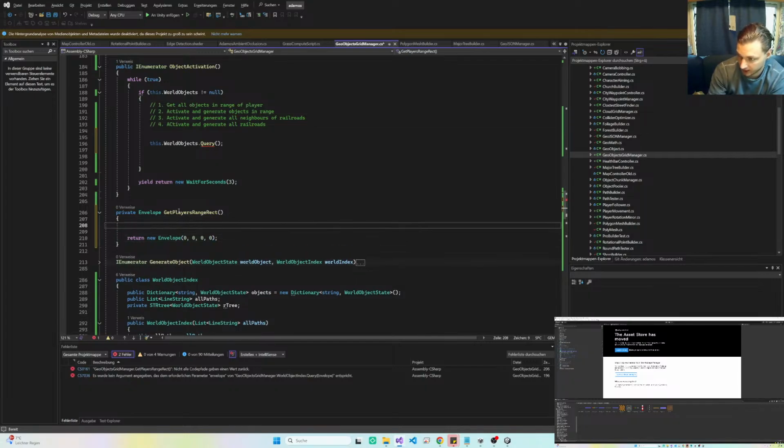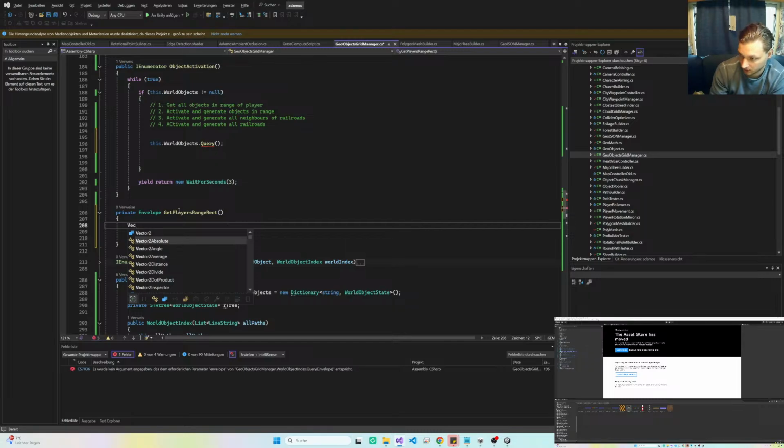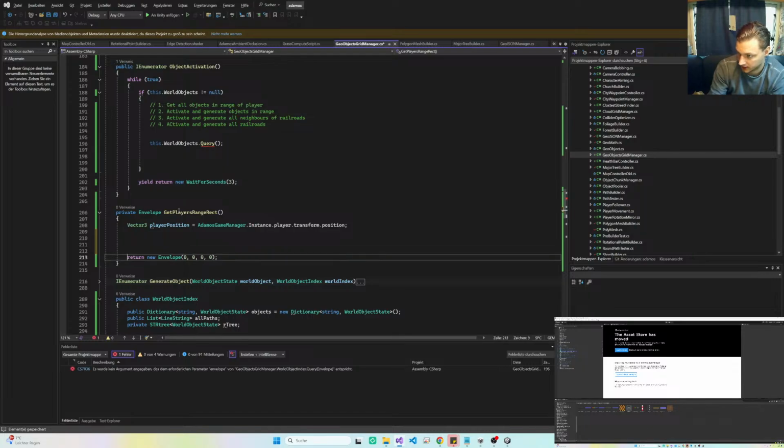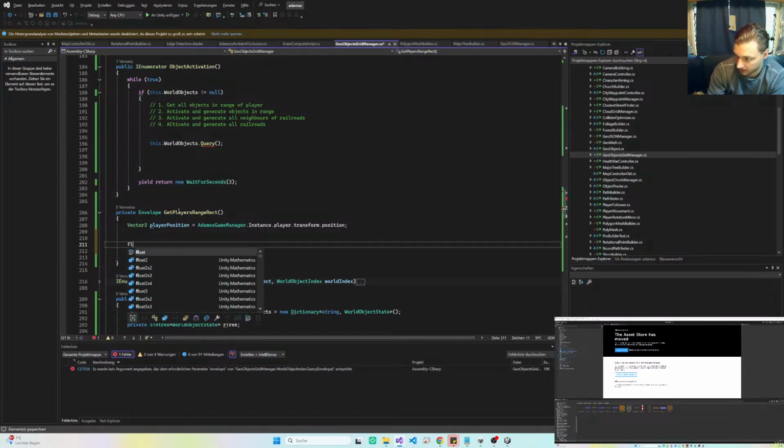So here we're gonna say Vector3 player position is... there we go. And then let's see, so we have